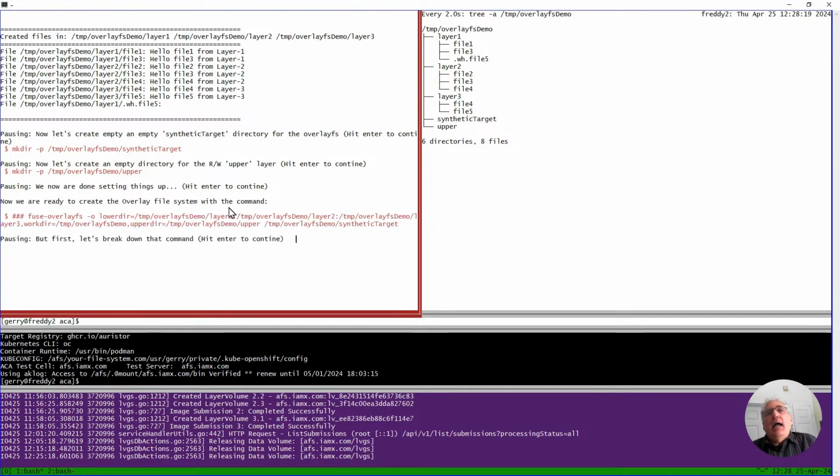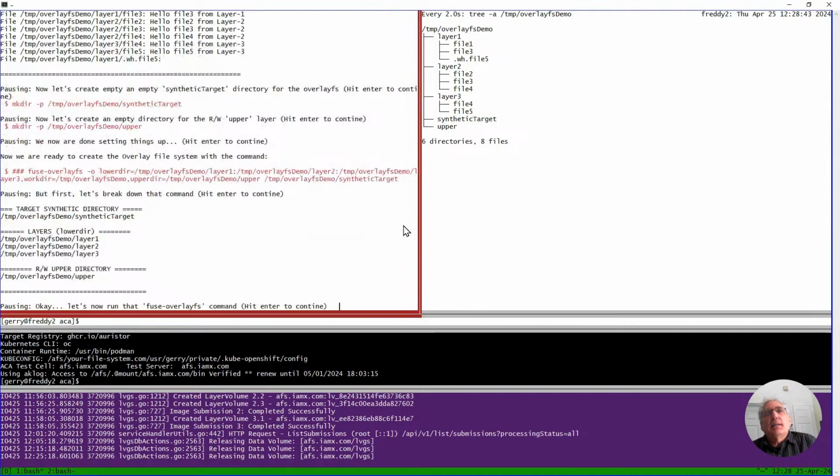And let's go ahead and run this command. I didn't run it yet, but this is the magic command that internally or implicitly or explicitly all your container runtimes will use, something called fuse-overlayfs. So this big long command has a -o, lowerdir equals, upperdir equals, and so on. The last parameter is the target, the synthetic target. What I just did is break that down with some grep magic. I want to create a synthetic directory called synthetic target that's going to be created by layer 1 sitting on top of layer 2, sitting on top of layer 3. I told it that's where my read-write layer is.